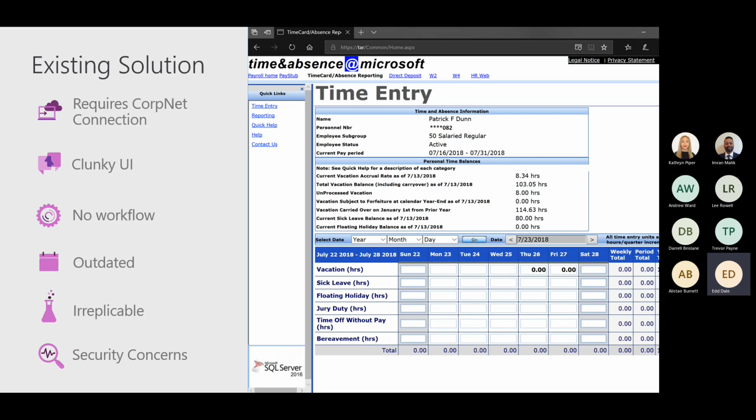They include a UI that requires a lot of time and effort to learn, poor integration with the organizational workflow, and generally just being difficult to improve. So again, we've got that clunky UI, no workflow, it's outdated, potentially has security concerns. So this is an example of an organizational workflow that frankly is no longer fit for purpose.